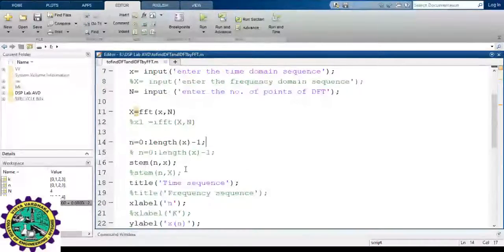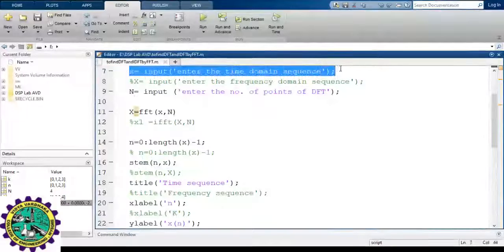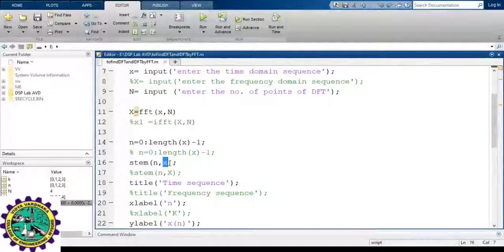What I need to do is plot this sequence, the sequence which the user has entered at line number 7. In general, it is a discrete signal, right? So which other inbuilt function will you use? I'll use stem. Stem is an inbuilt function which we use to represent discrete functions. Stem of what and what? The first variable represents the x-axis, the second variable represents the y-axis. X-axis is the time axis, which in general we represent with variable n. n will vary from 0 to length of x minus 1.